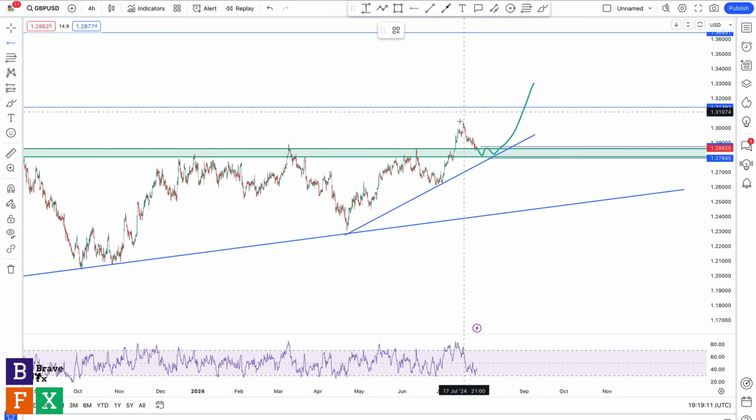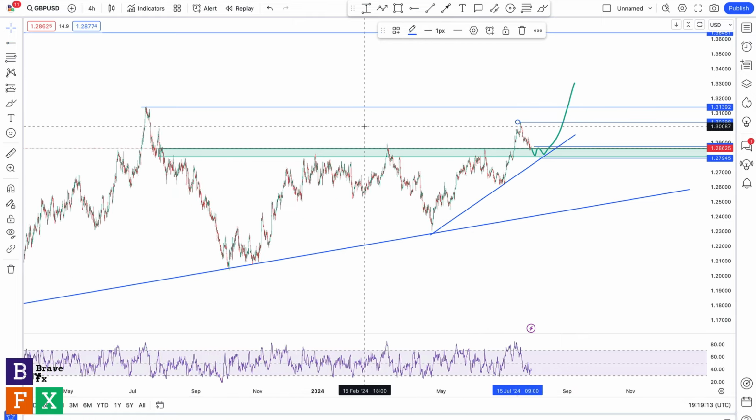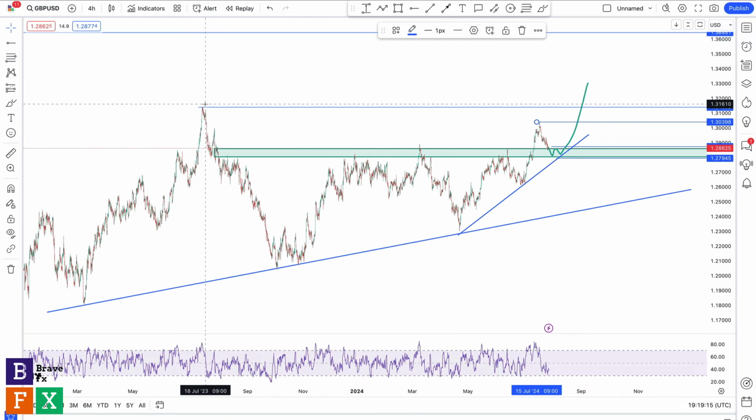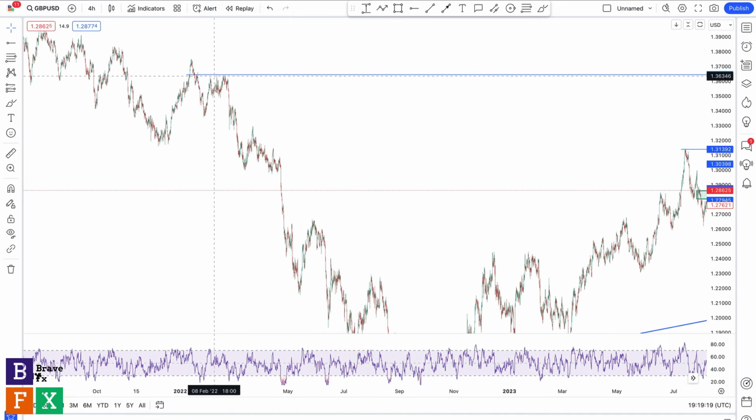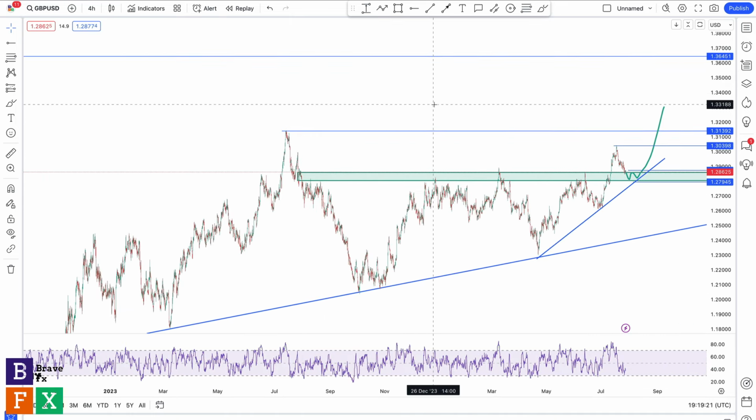First take profit target is going to be around these highs. Second one obviously is going to be around these highs, and the third one is going to be trailing our position as we go higher till these highs. So this is how I'm going to trade